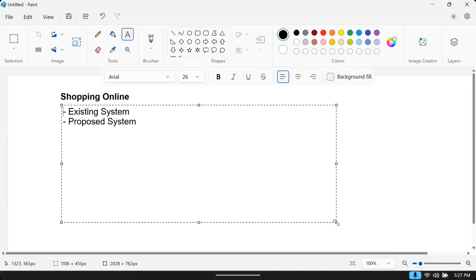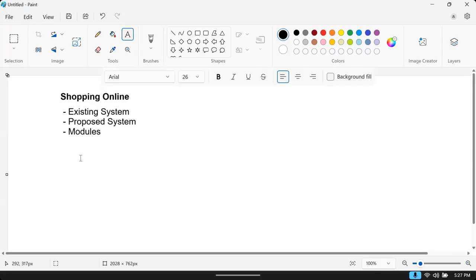One existing system, another one proposed. Later more will come. I am just giving the concept related to our points. That means our database related things. Existing system, proposed system. After that, another important concept in a project is modules. Module means, now this project comprises how many modules?